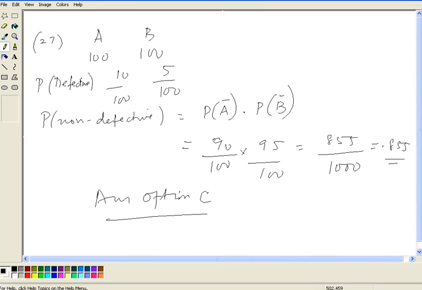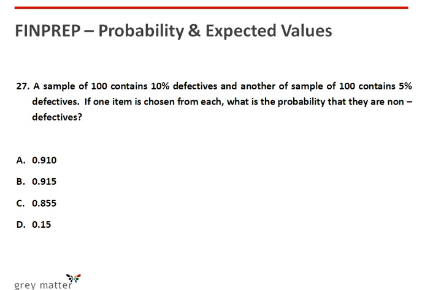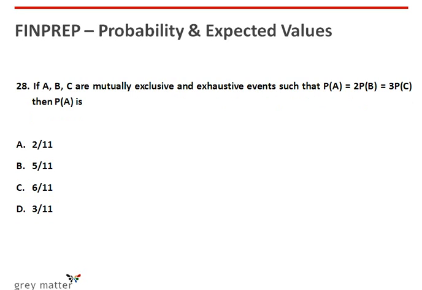So the option is C. Going to our PowerPoint presentation, it is option C, which says 0.855. 28th problem: if A, B, C are mutually exclusive and also exhaustive events such that P of A equal to twice P of B equal to thrice P of C,